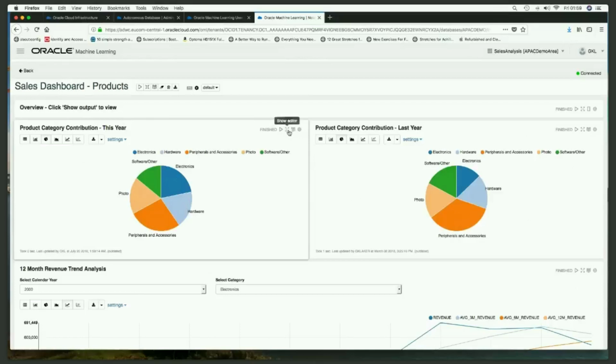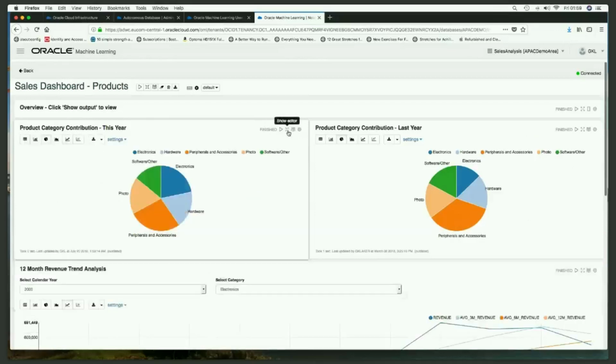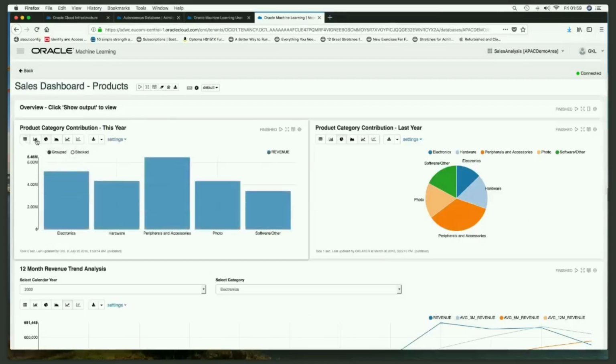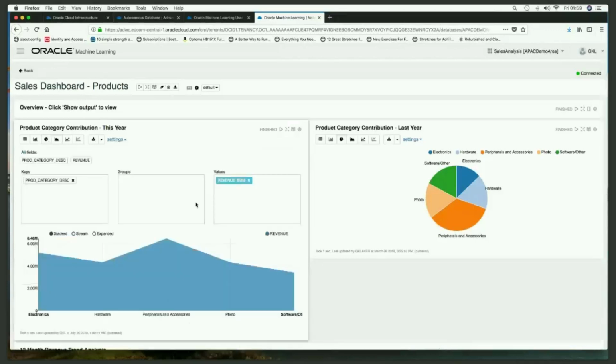So having run a query, show the editor, I can execute that. I then get my output, and I can look at this in a variety of ways. So I can look at it in tabular format. I can do line graphs. I can do pie charts, area graphs, and obviously once I do that, I need to be able to change